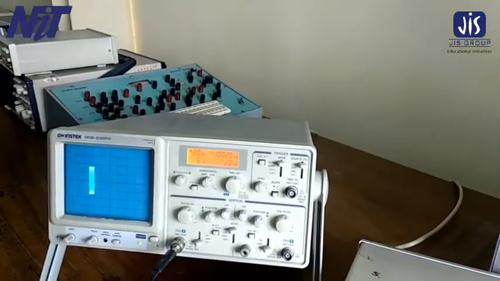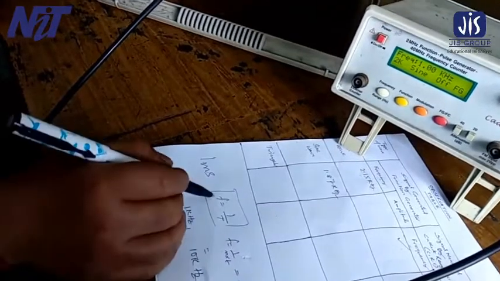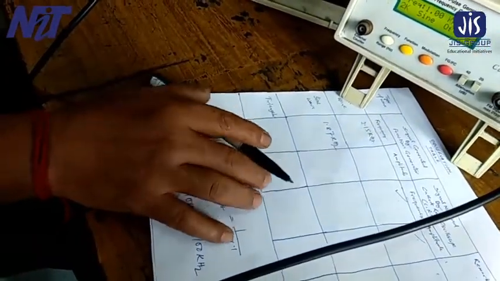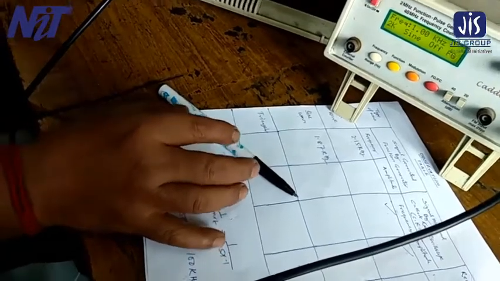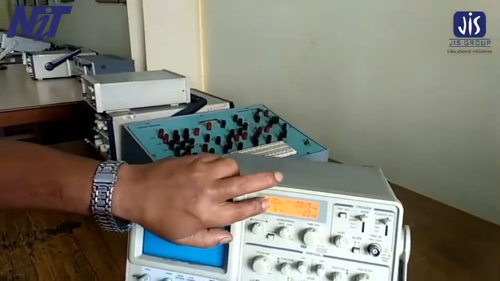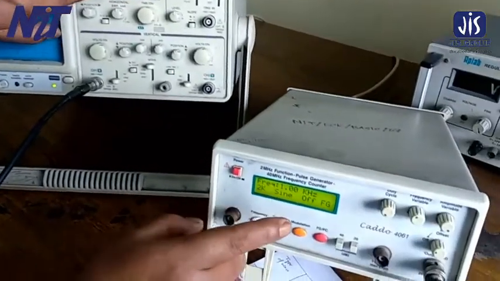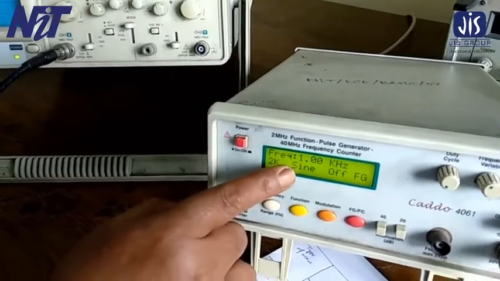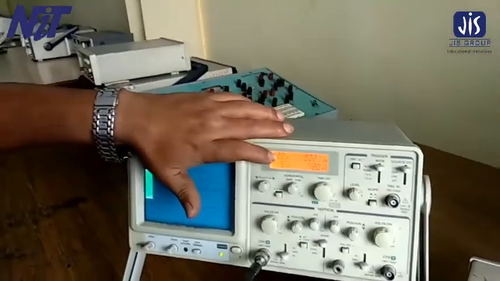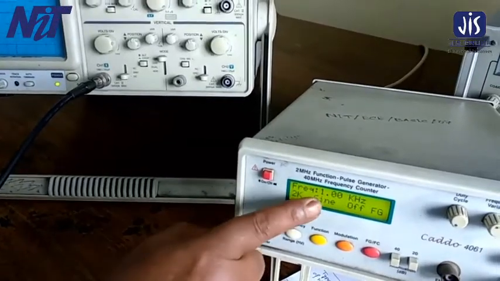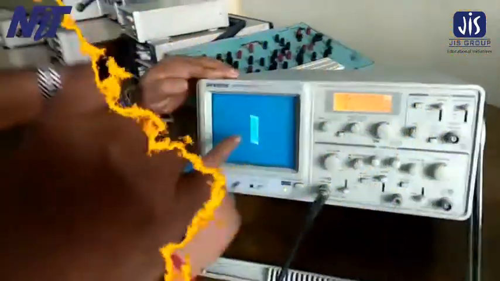So as you already know by the formula of the frequency and relation of the time, f is equal to 1 by t. That means f and t are inversely proportional. That means if your time is higher, you will be able to plot a signal at a low frequency. If your time is shorter, then you will be able to observe a high frequency.